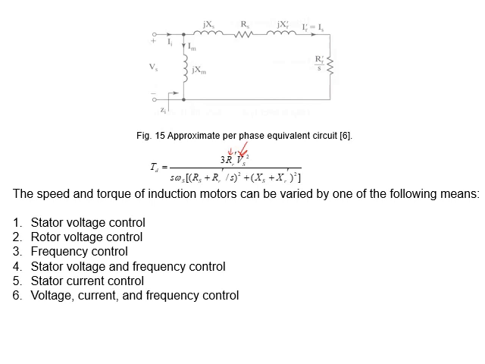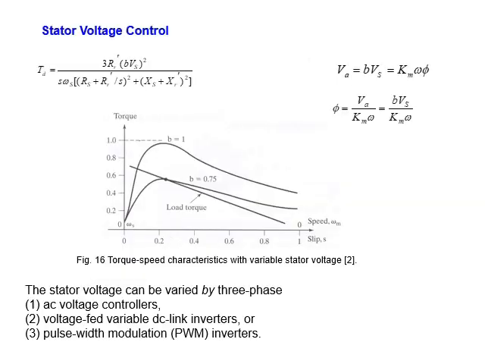Then comparing with the DC motor. Now let's take the first one as an example. If I want to control the voltage, stator voltage control, this is the example. You can see that the voltage here, if I multiply it by a ratio B, from 0 to 1, in this way VA is B VS, which is equal to KMW phi. Then phi can be rewritten in this formula. It will be B